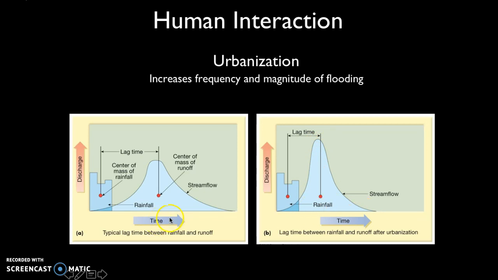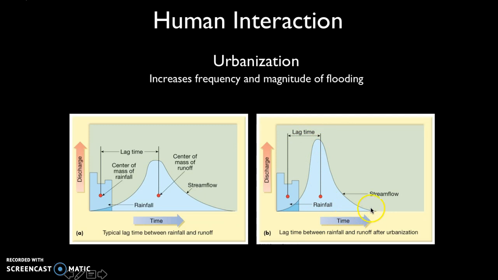Because they have the same area, they need to have the same amount of units. But the left-hand curve is a lot more spread through time. So in order for the right-hand curve to have the same area, it needs to have a smaller amount of time